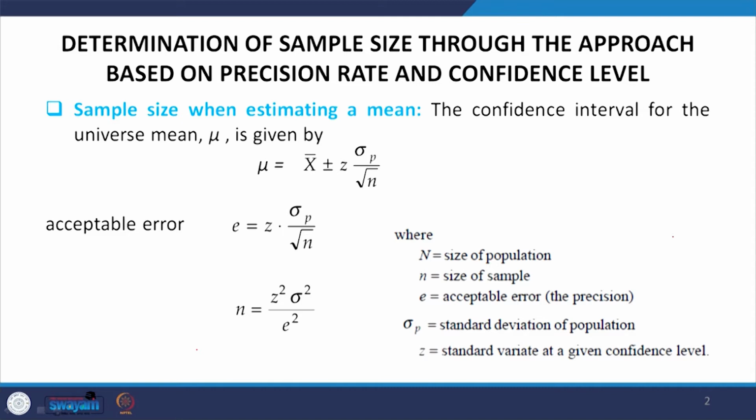But for sure, if n is more than 30, we generally refer to a Z distribution, not a T distribution. If it is less than 30, we generally refer to the Student's t distribution. We will discuss some of those distributions later, but at this moment I am just referring to them for your related knowledge of distributions and determining sample size.